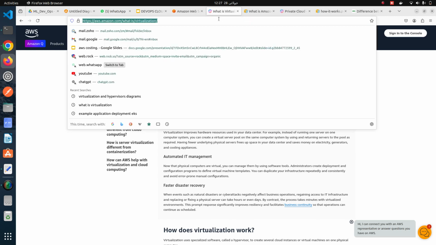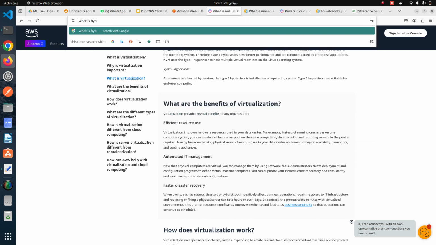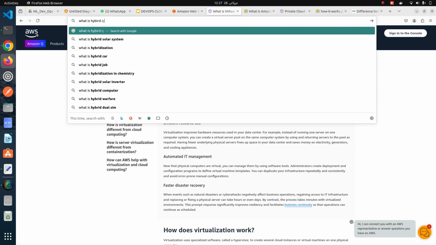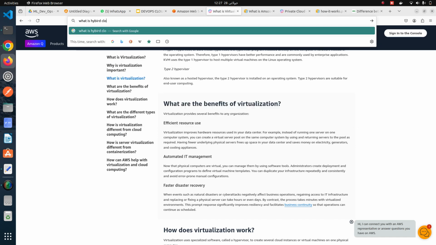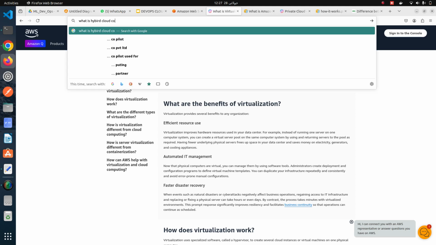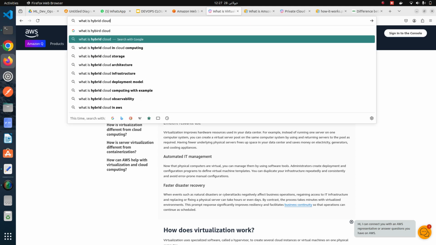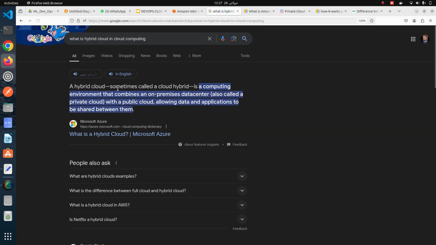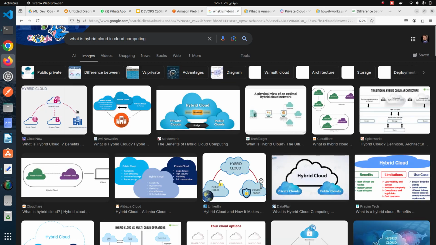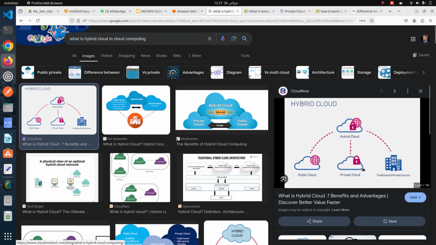Let me search here for hybrid cloud. A hybrid cloud is a cloud computing environment that combines an on-premises data center, also called a private cloud, with the public cloud, allowing data and applications to be shared between them. Like this, this is the hybrid cloud